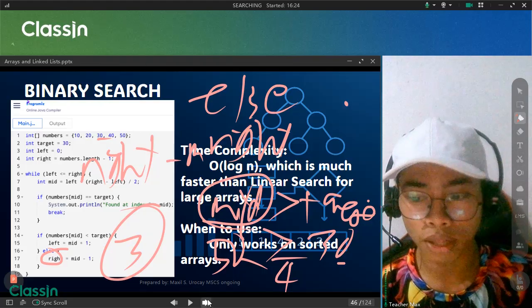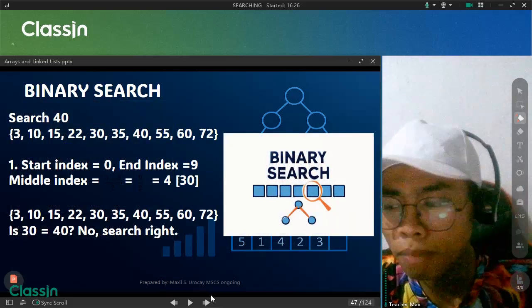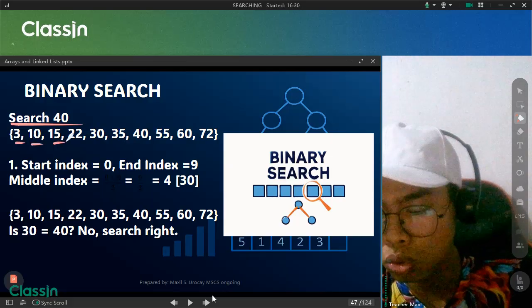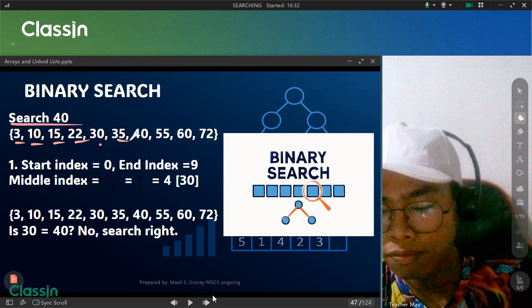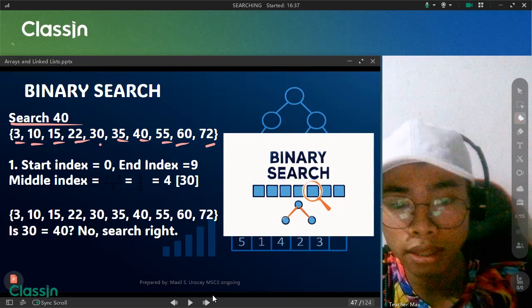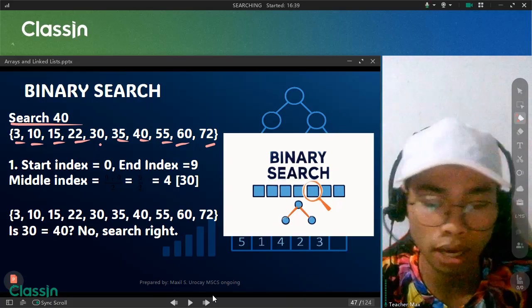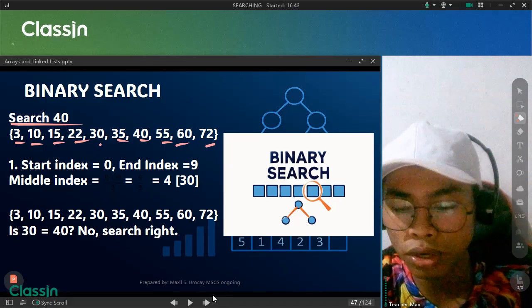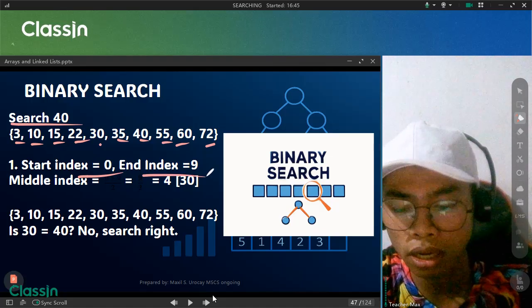Now, let's run it through. We will search for 40 in this case. We have 0, 1, 2, 3, 4, 5, 6, 7, 8, 9, so 10 elements in our array, which is index 0 to 9. Your start index is 0, your end index is 9.